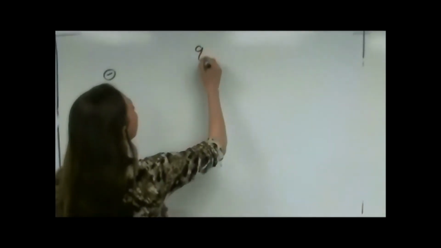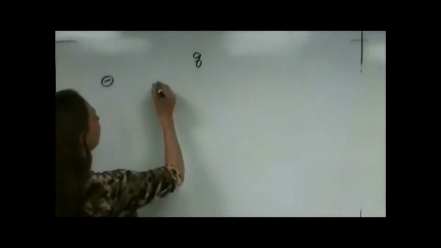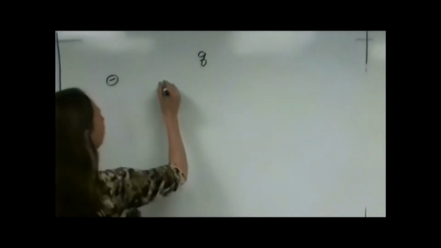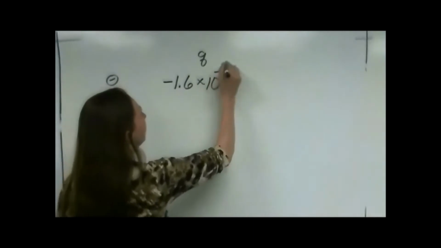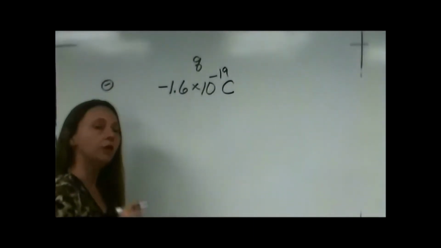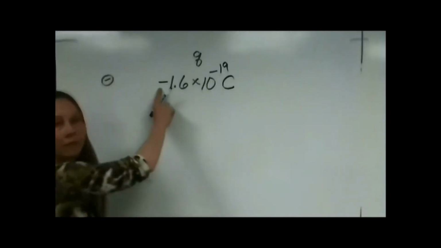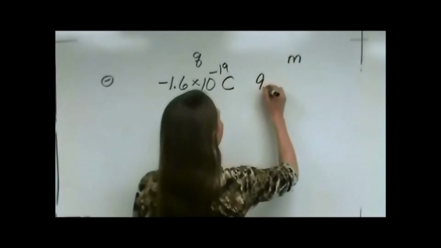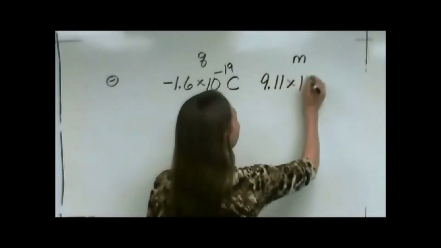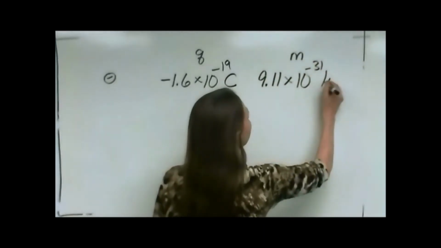So, for the electron, on the front of the reference tables, it tells you that one elementary charge, the charge on an electron, would be 1.6 times 10 to the negative 19 coulombs. You have to put the negative in front. You know that electrons are negatively charged. The mass of the electron, listed on the front of the reference tables, is 9.11 times 10 to the negative